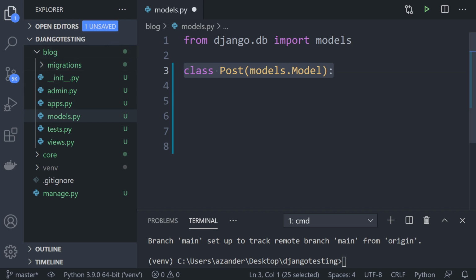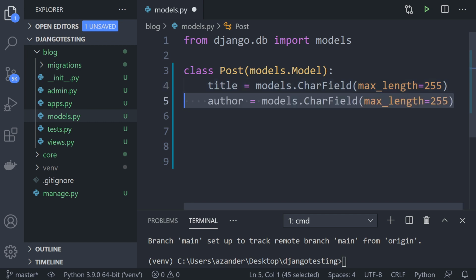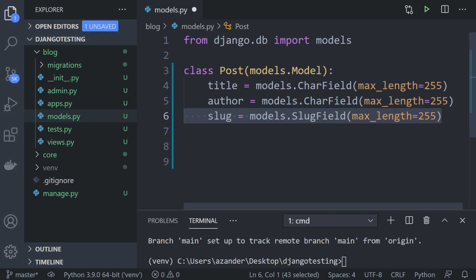So we're going to create this new table essentially, or this new model called post, extending from models. And then I'm just going to add some attributes here. So title, which is going to be a character field with a max length of 255, an author, for example. And there may be just a slug here so that we can save the kind of the URL directory